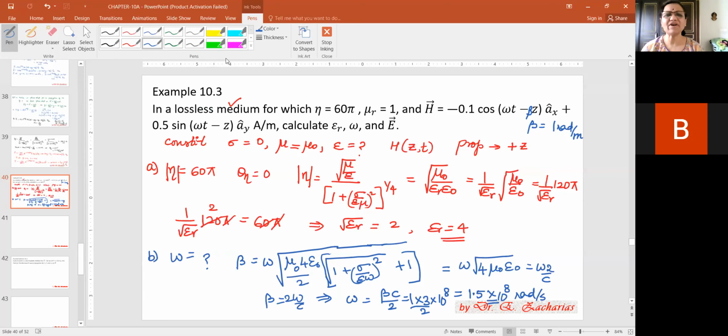No, beta. See, why I wrote beta, I will explain. You see here. What is the general form of an equation? It will be cos of omega t minus beta x or beta y or beta z. The phase, you see, both of them are having the same phase. What is inside the bracket is the same. So you should have omega t minus beta z. Beta is 1. In case both have different beta values?